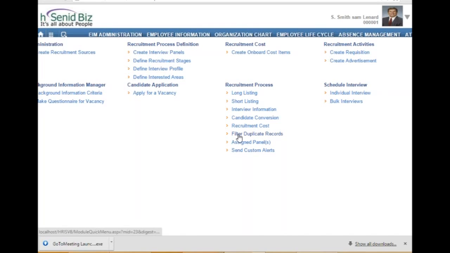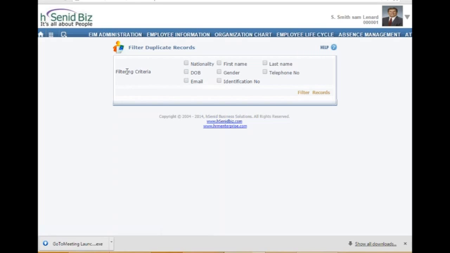And we have another additional field, filter duplicate records, which means say if a candidate is applying for the same vacancy more than 2 times, you can filter them using this filtration. If a candidate applies for 2 vacancies, sales manager and account manager, we get 2 separate applications. The system does not flag that one person has applied for 2. From here you can check even for multiple vacancies.